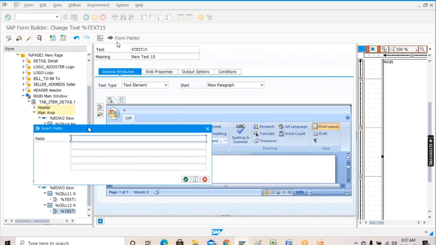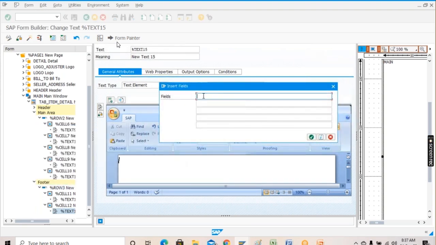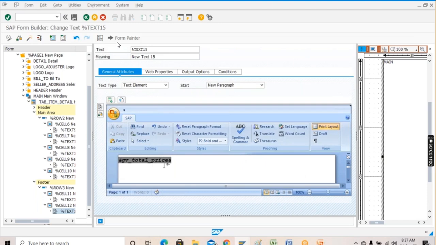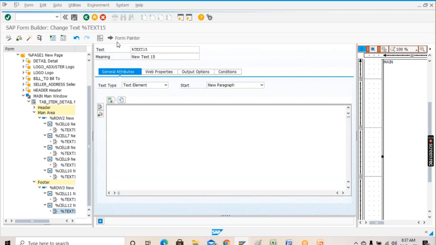Click on this plus. You have to define one variable. Okay, you'll have to define one variable which will hold the total price. So GV total price, this variable you'll have to define. So I'll define this variable, and in this variable I will sum all the price and I will put it. Okay, so come over here, save it,